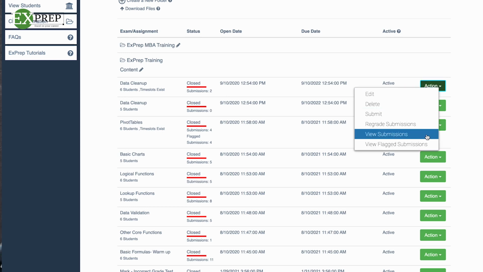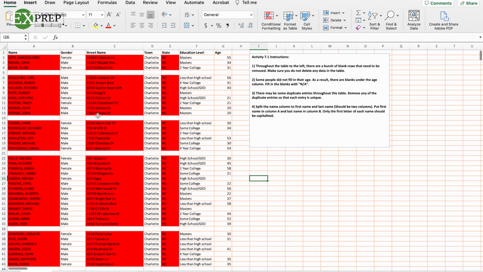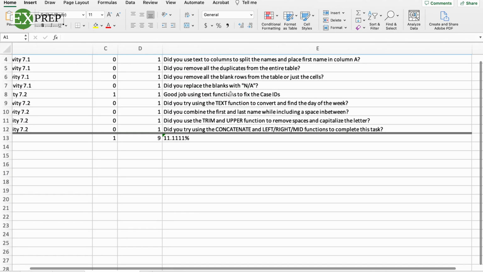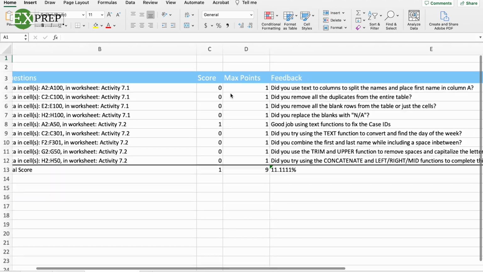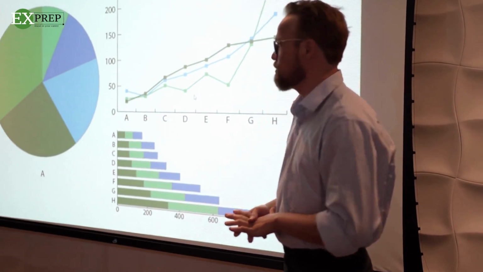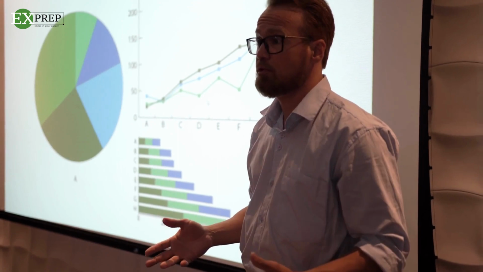Now, when I use XPrep today, before I download the graded file, I can actually take a look at where the student went wrong. XPrep is not giving me the full Solver solutions, but what it does is point me in the right direction. Instead of trying to search and find out where the student is making a mistake, I have just real quick access, and it points me in the right direction and helps me make a feedback statement to